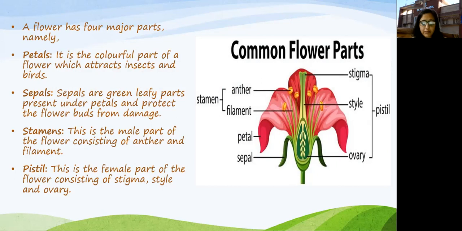Okay. Now stamens. Next one is stamen. Now what is this? This is the male part of the flower consisting of anther and filament. Now stamen, it is the male part. Here also male and female parts are there, है ना? Male flower and female flower. Or we can say male part of a flower or female part of a flower. That is how reproduction takes place in a flower. So here the stamen, this is the male part of the flower.